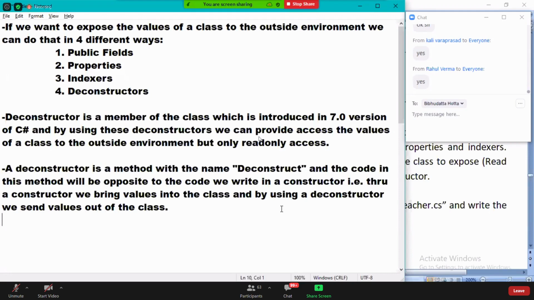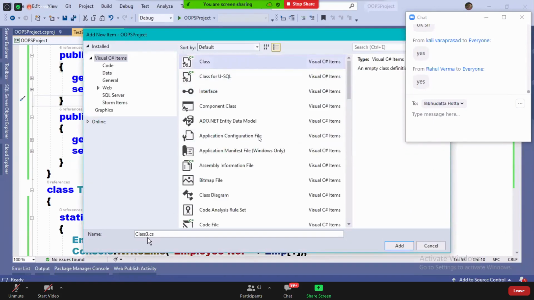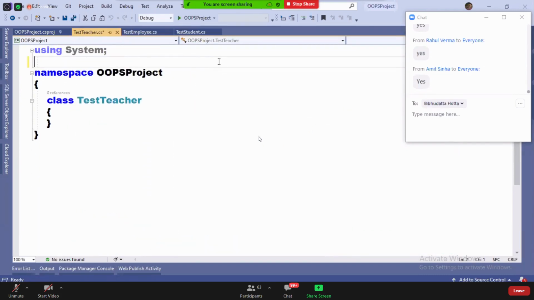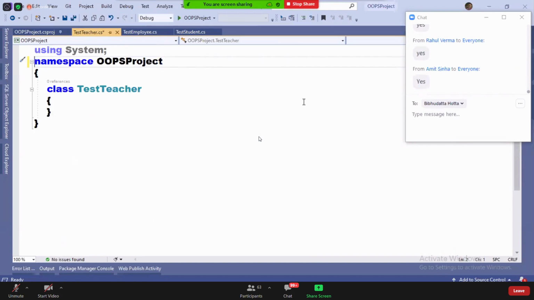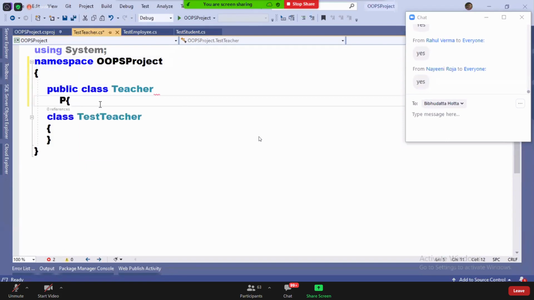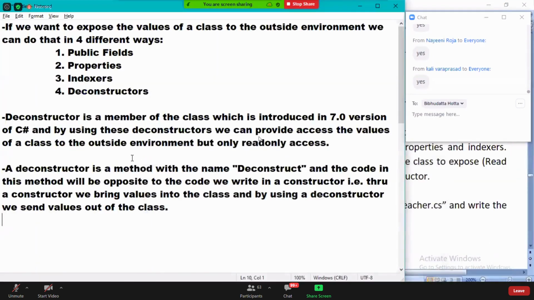Okay, I'll explain to you. Watch. Now I want to define another class here. Now my entity is a teacher, guys. Test teacher. See guys, for the last 2 days, I'm defining the classes in the same pattern. Customer, student, employee, teacher. These are different entities now. Are you clear? Every teacher has some attributes now.